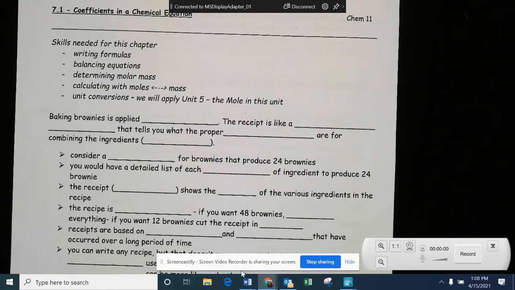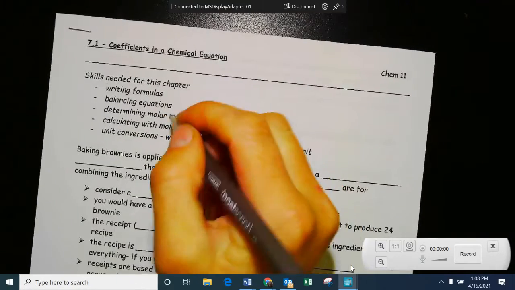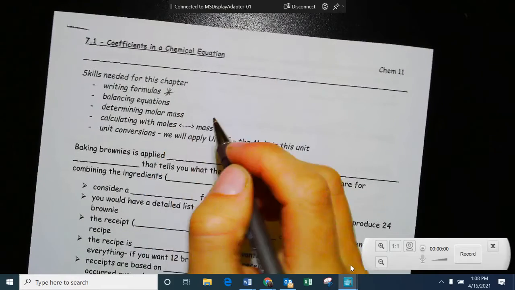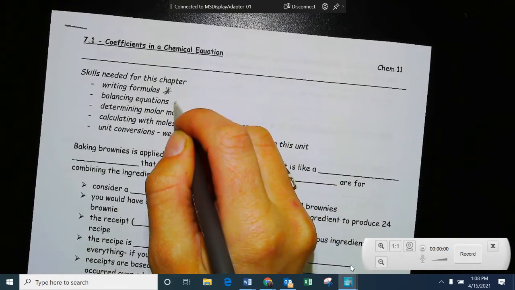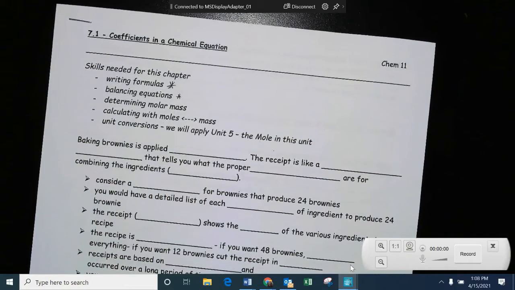and you really struggled with writing the actual formulas down, make sure you review it. This is really going to be important. Balancing equations. I'm putting stars next to all of them because they're all very important. You need to be able to properly balance your equations. So that example that I did, if I'd had it not properly balanced, I wouldn't have known how many moles